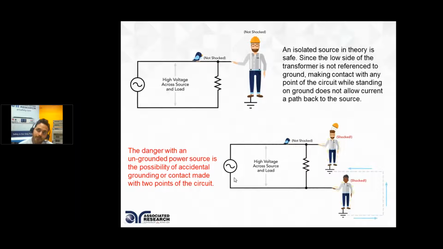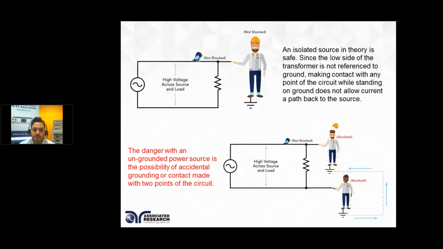So again, an isolated power source, especially a medical grade isolated transformer, is theoretically as safe as it can be, but there are other circumstances that can cause it to become referenced to Earth. If there are studs in the back, or if it comes into contact with some sort of cart or metal object, you've now potentially referenced it to Earth, and it's become the type of source we spoke of previously,